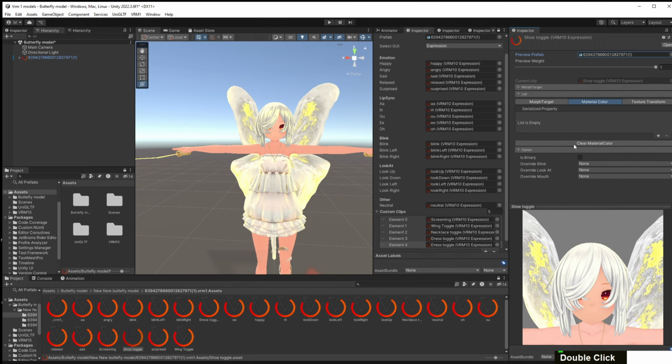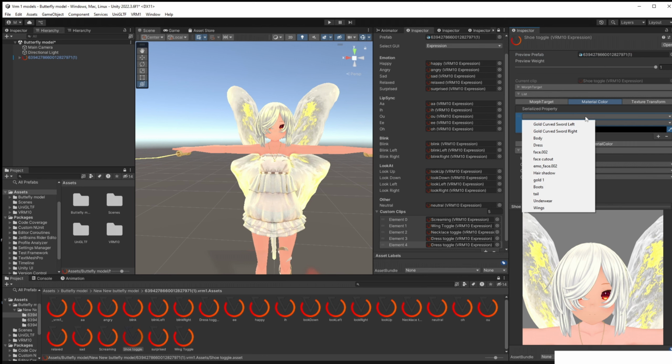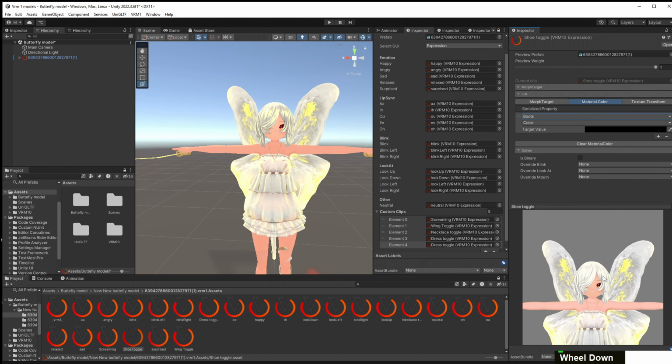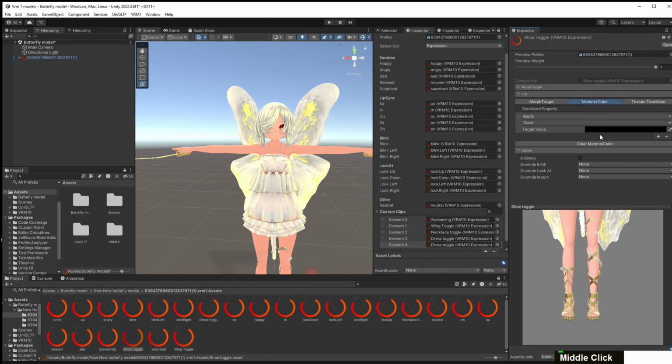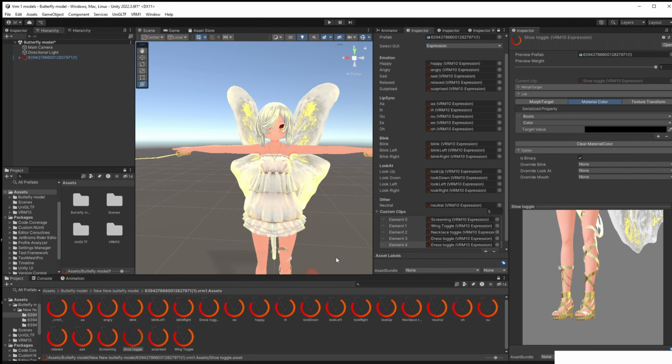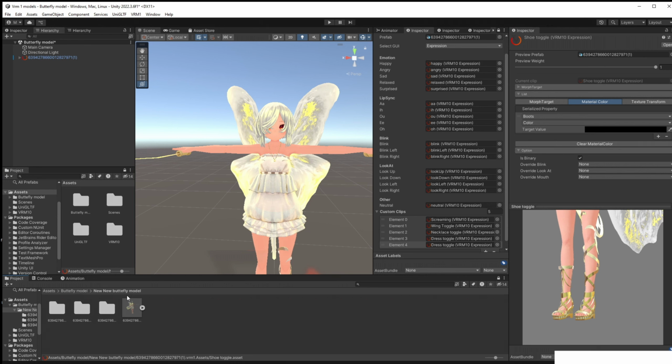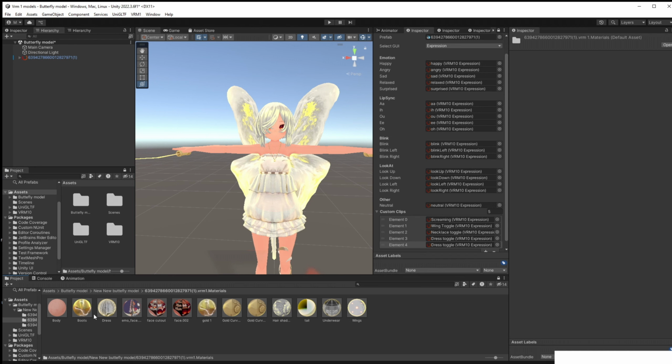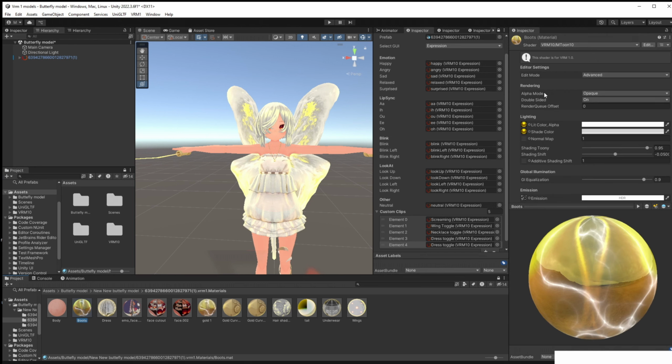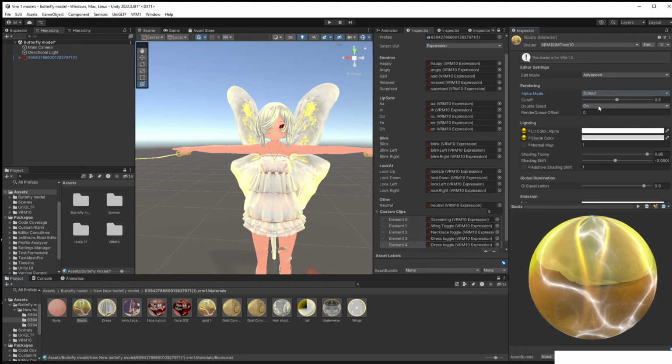Once again, select our prefab, serialized property boots, and in this case you will notice that the boots do not disappear. So why is that? That is because the boots material is not using a cutout or transparent shading. So if you go into the boots material, we will notice the alpha mode set as opaque, and we need cutout or transparent. So if we set this to cutout,